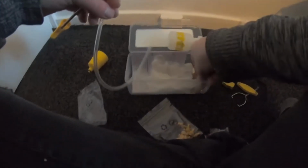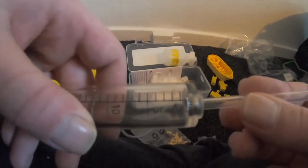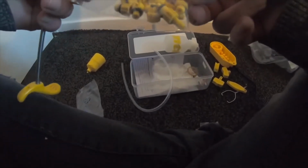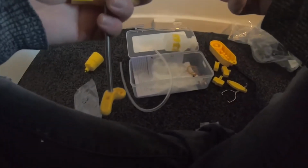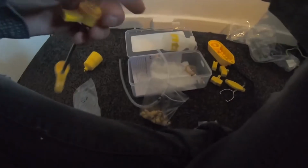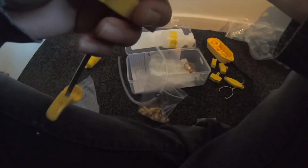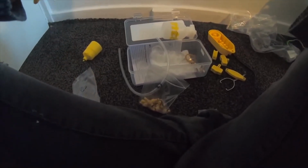We do get a couple of tubes with it, obviously, that one and a shorter one if you would prefer, and we're going to basically put that like that. But before we just put that on, that's kind of what these are for. So we got lots of different sizes there. I'm just going to go, let's check out the biggest one first, I guess. What's the biggest one? Okay, that one doesn't fit in there, so or actually, hold on,